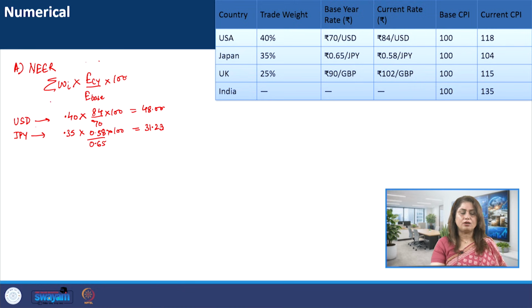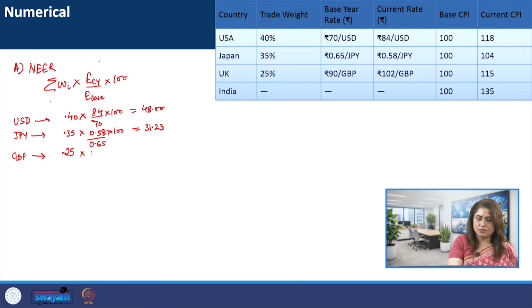Then we have the British pound. Here the weight is 0.25 into the current rate of 102 divided by 90 into 100, and this gives us